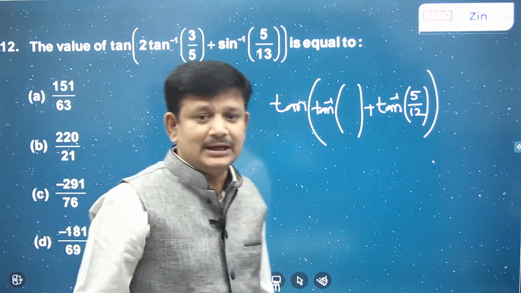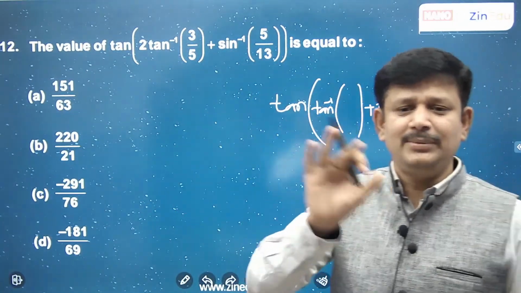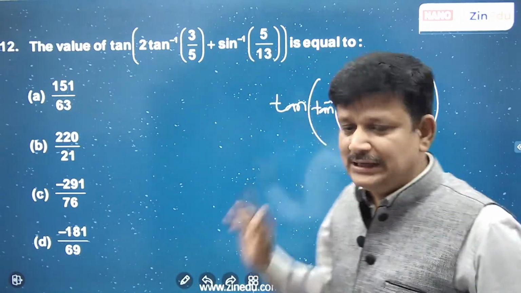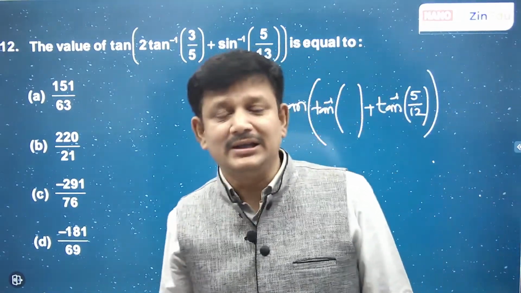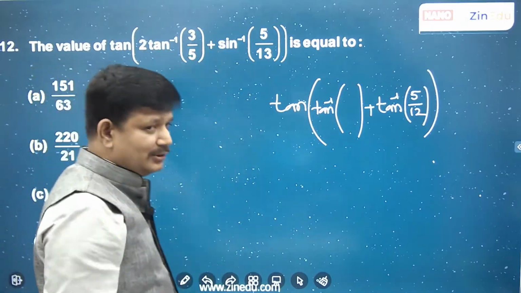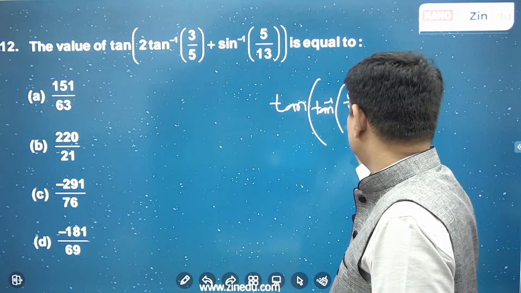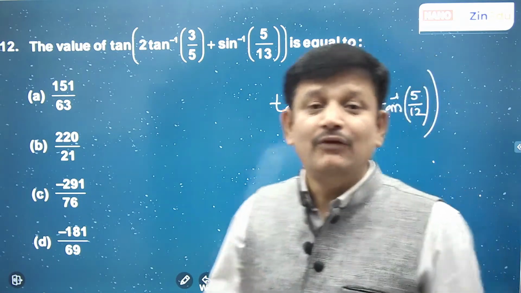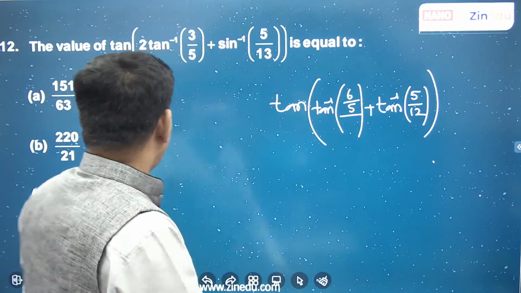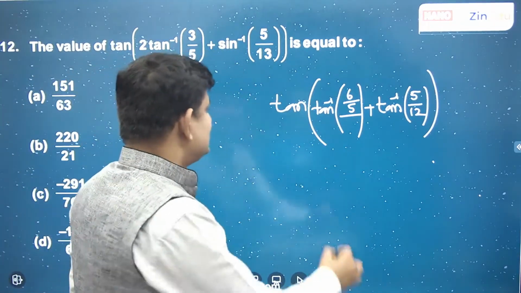Okay, and this is the tan 2 theta formula, tan inverse of 2 tan theta, 2 into 3 by 5. Inverse trigonometry and trigonometry formulas will be more or less similar, but here you will have domain and range constraints. You have to be careful with that. So just apply the 2 tan theta formula here. 2 into 3 by 5, 6 by 5 divided by 1 minus tan square theta, 1 minus 9 by 25. 1 minus 9 by 25 is how much? 16 by 25.